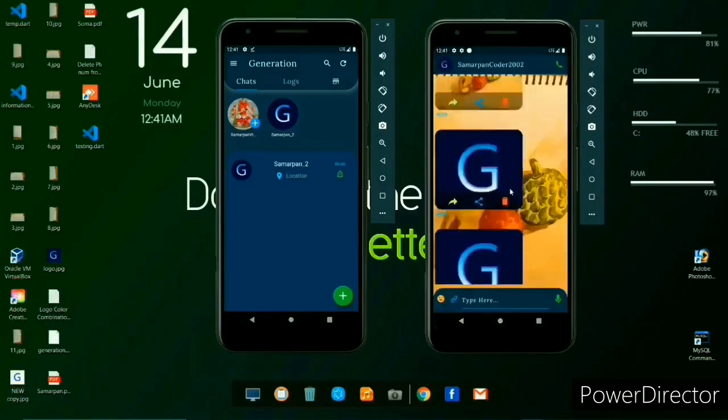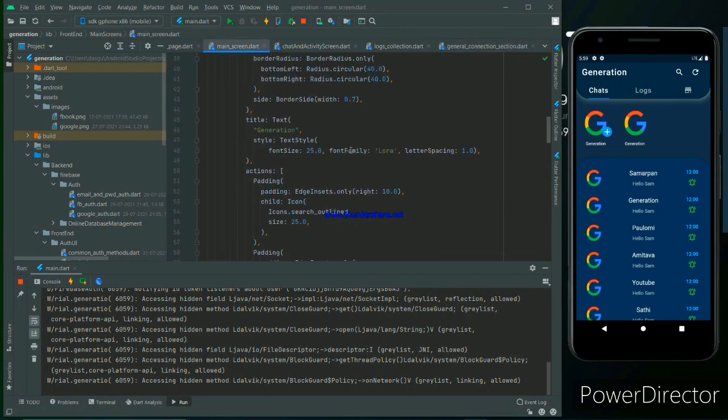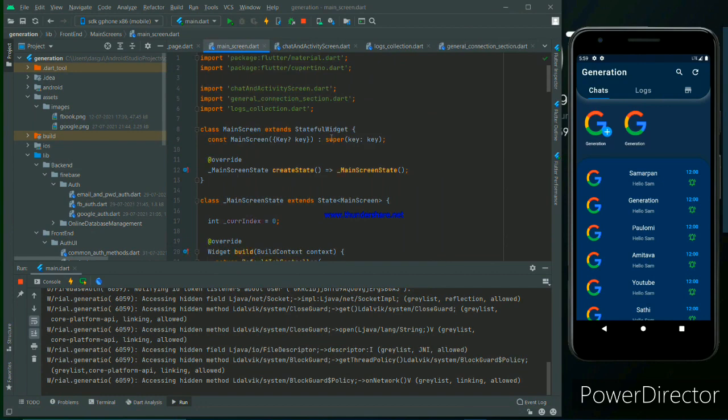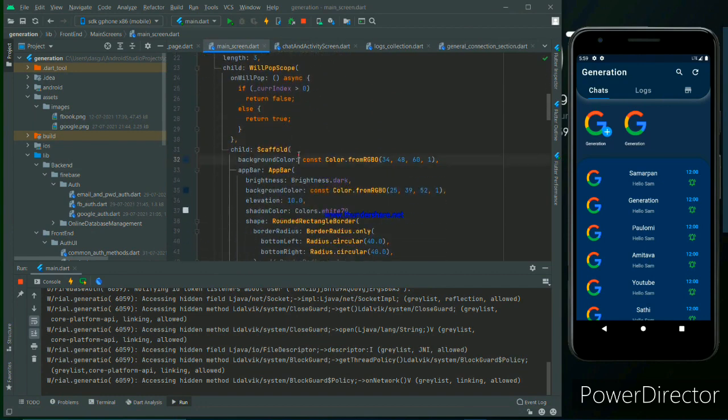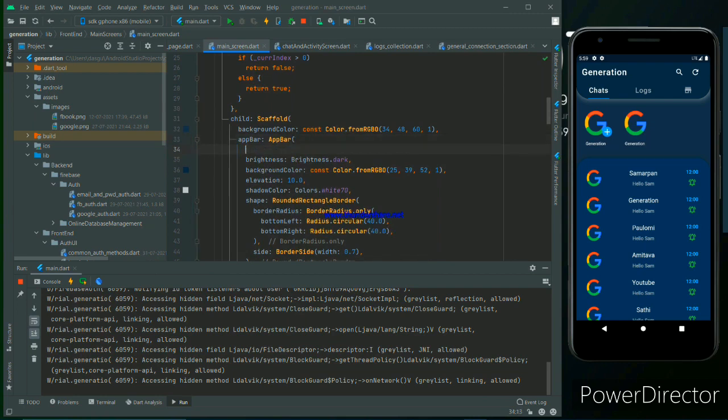So guys, let's start now with the menu screen UI making. For that we have to add a menu icon. We go to the main screen, and under the scaffold, under the app bar especially, there will be a drawer.